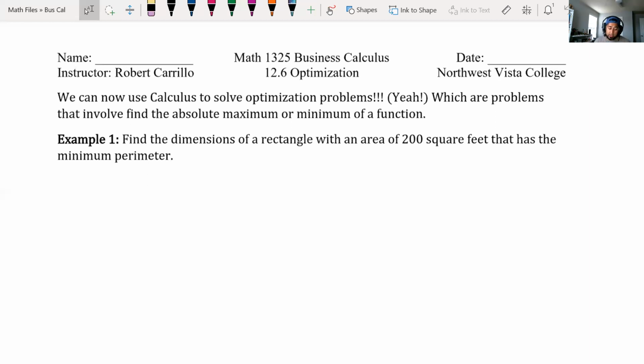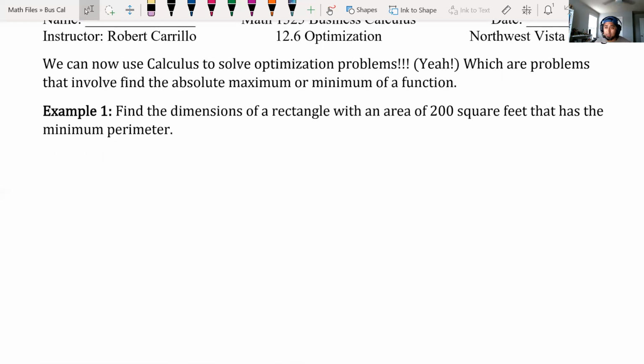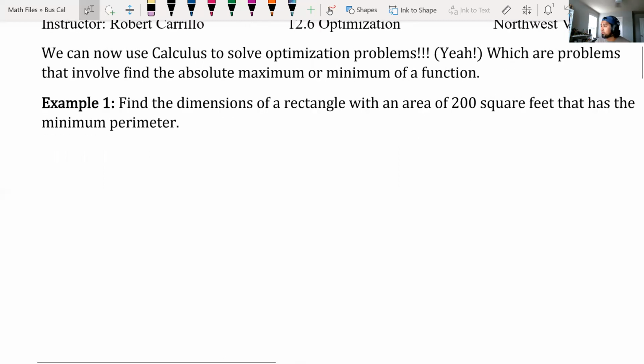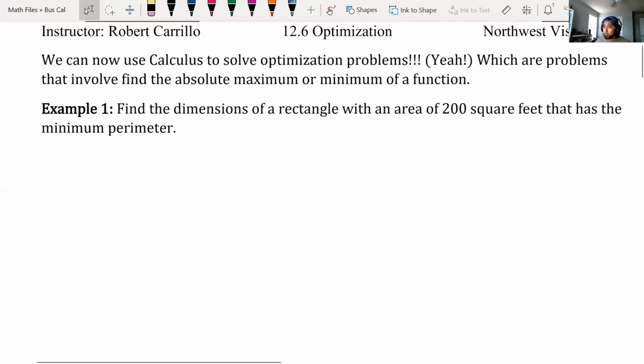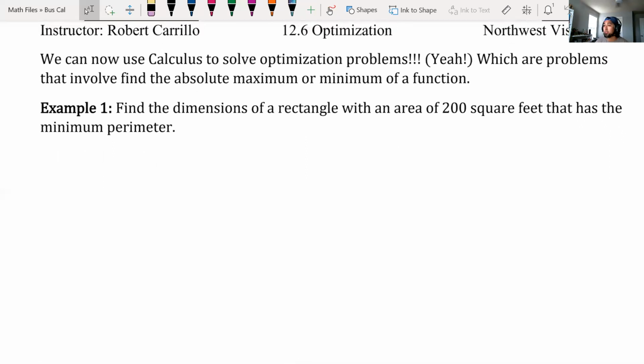To get us used to optimization, we're going to work the first two examples, which are all about optimizing a rectangle. Then that'll lead us into an actual business word problem. Why do students need to know about optimizing rectangles? Maybe your business will be in building fences or houses or something, right? So the first example: find the dimensions of a rectangle with an area of 200 square feet that has